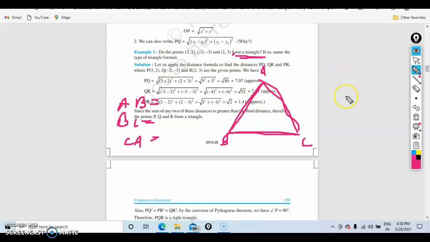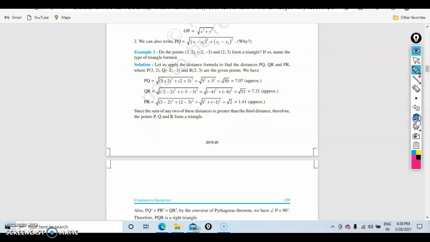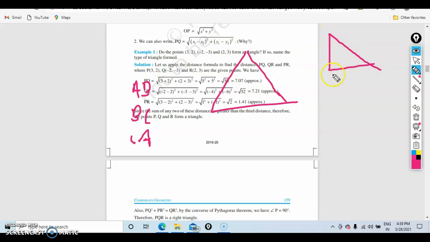First of all, we have to know how many types of triangles there are. See, there is a normal triangle. Normal triangle means what? Okay, so AB, BC, CA. Now they're asking whether it forms a triangle, and if so, the type of triangle. Majorly we get the right angle triangle. A right angle triangle is where the squares of two sides equal the square of the third side. This is the hypotenuse, the largest side, and this is the opposite side, this is the adjacent side. That means these are the two sides.